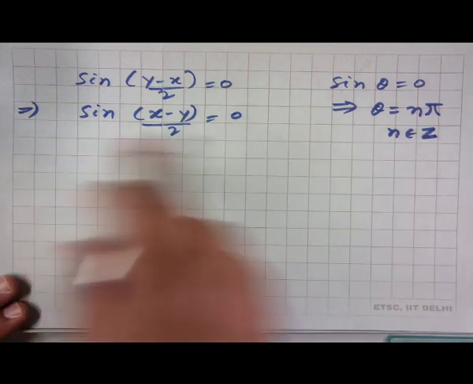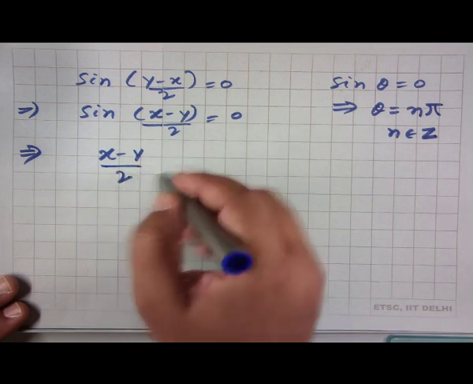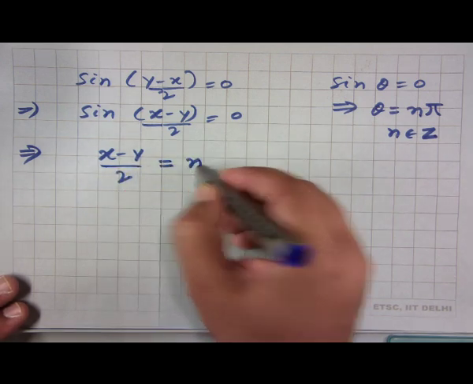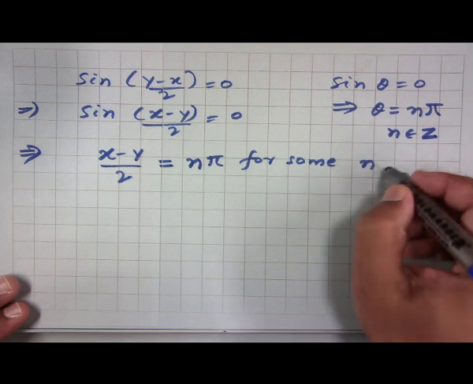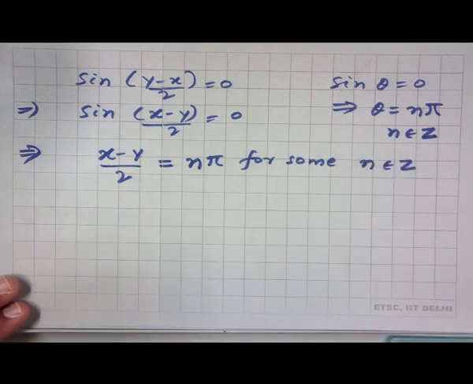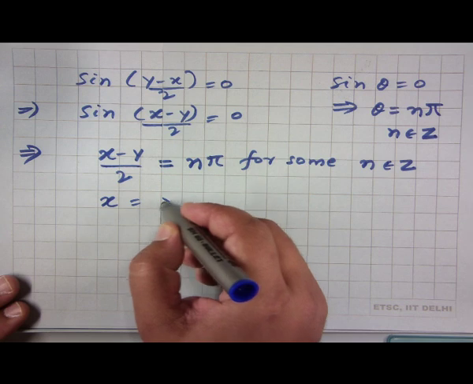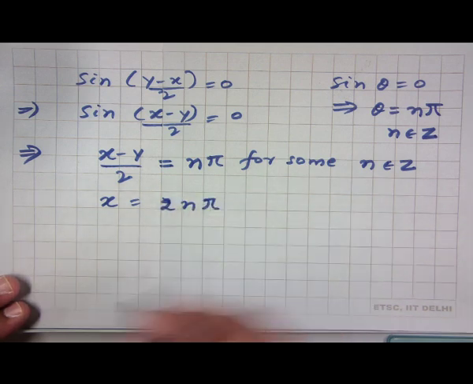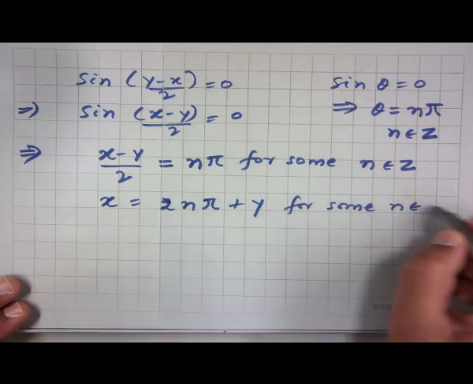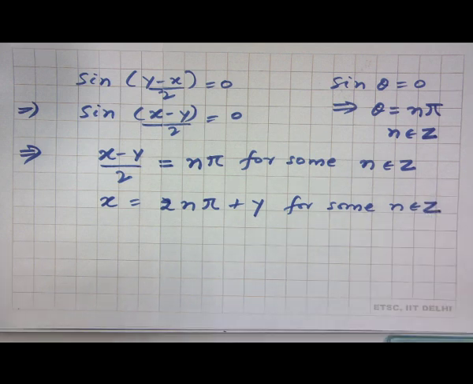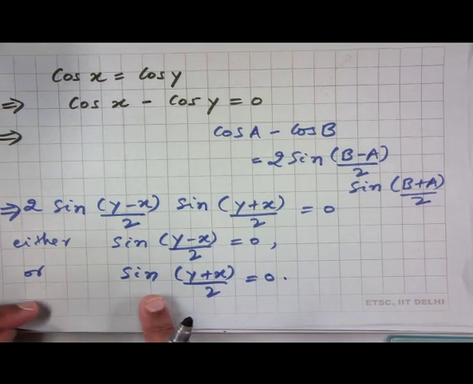So, therefore, this statement implies that (x minus y) over 2 must be equal to n times pi for some integer n. And then by simplifying this, what we get is that x is equal to 2n pi plus y for some integer n. So, this was the first condition, and then the second condition was that